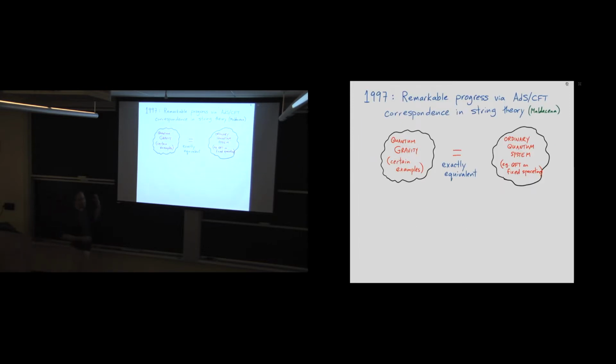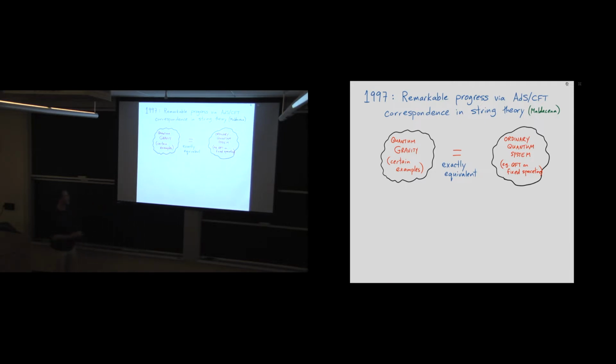I'm going to skip over many of the details of that and mention that in 1997, coming out of string theory, we had what I'd say is the most important progress in this direction. A really revolutionary and remarkable idea by Maldacena, which is now known as the AdS/CFT correspondence. And that is basically the statement that at least certain examples of fully fledged quantum mechanical theories of gravity are actually entirely equivalent as physical systems to much more